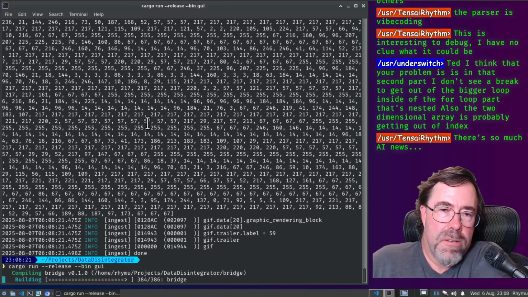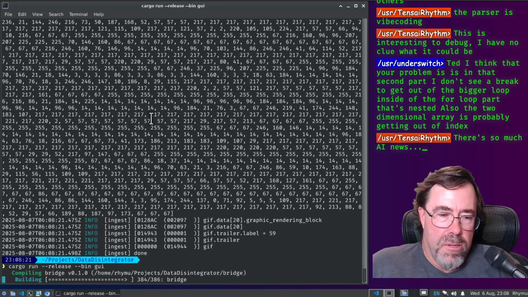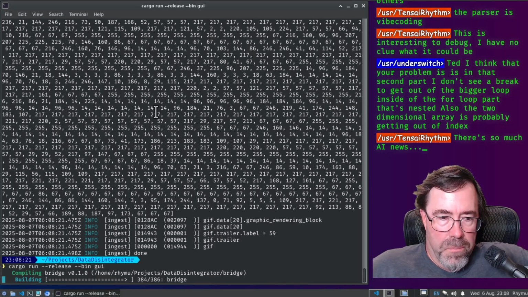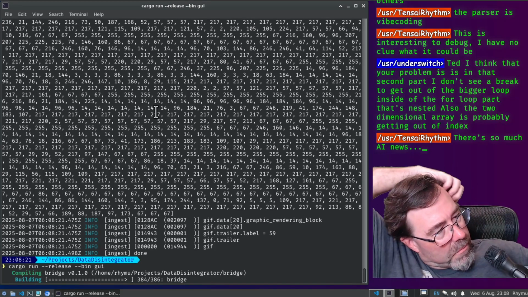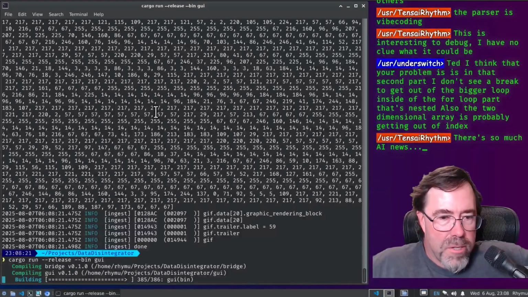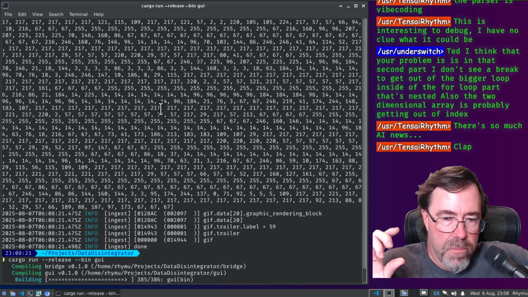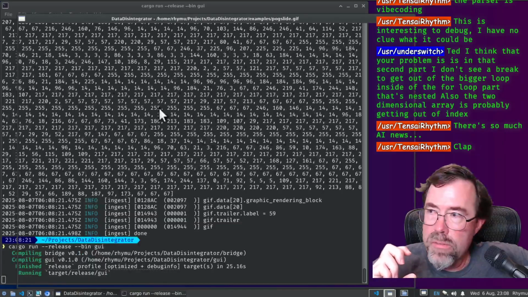Okay, fixed. So hopefully the whole point of this was to be able to see the output pixels along with the input symbols from the decoder. And in doing so, it uncovered a reference bug. So I think I'm going to try to fix that. I don't know if I'll have time tonight, but